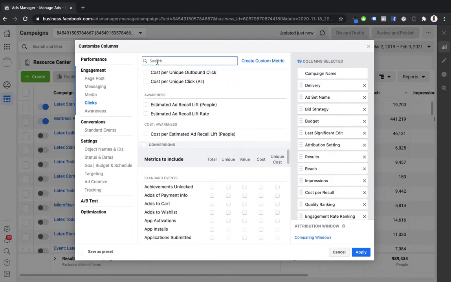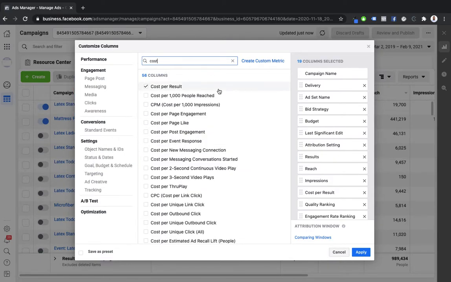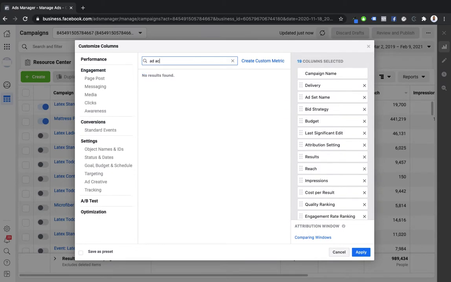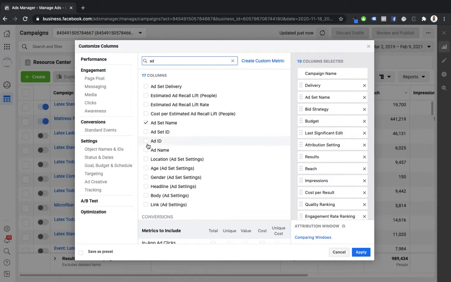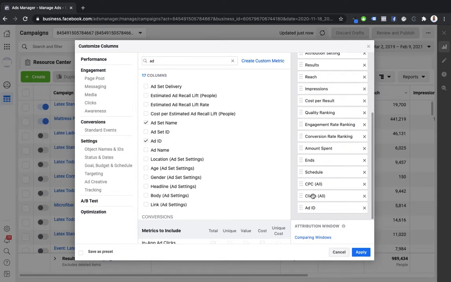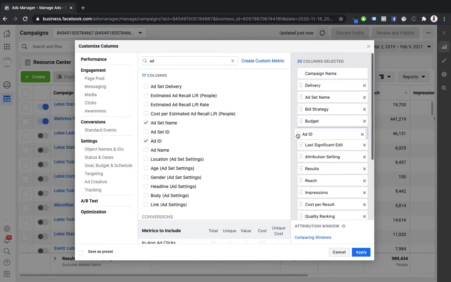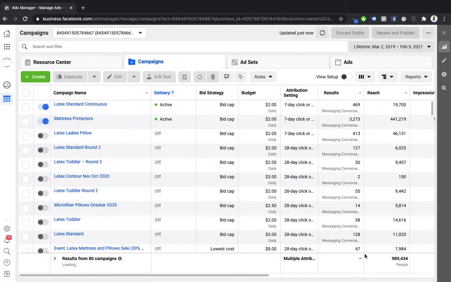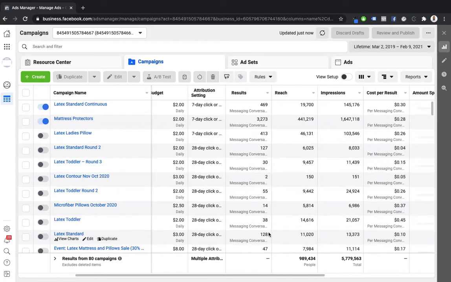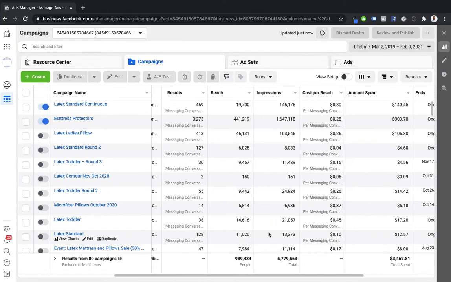Let's say if you want to find something, here is a search bar. You can search for whatever you want and you can have all of these. And once it's here, let's say I want ad account ID. I want ad ID, and I want it on the top to see which of my ads are very expensive. So I can arrange it accordingly and then I can see all of these. These are dummy data. So you will see here is my ad ID.